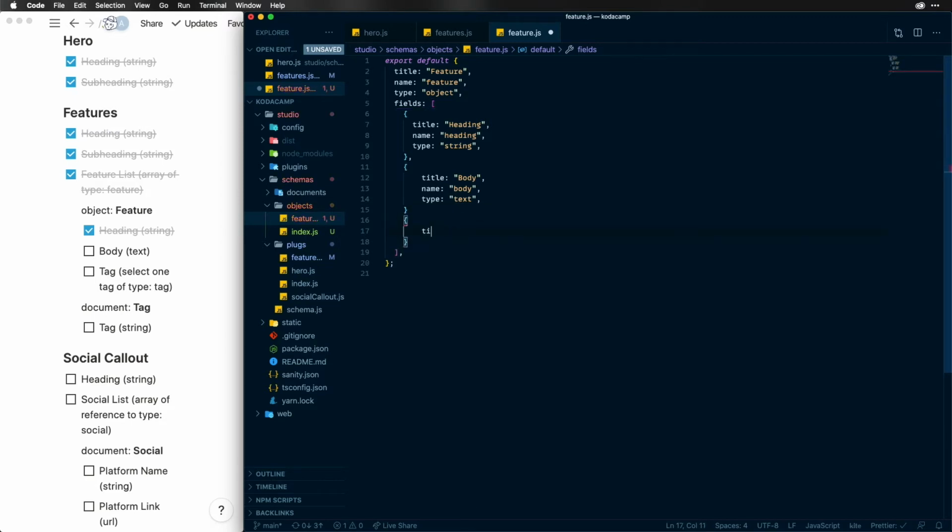And the next one we are going to have is a title, and that will be of tag. We will have a name, of tag, and of type. We are going to have a, how do we want to do this? I said select one of type, tag, and then we'll have a document for those tags managed elsewhere. But how do we want to do that? I think that we will say that this is a singular reference, and we will say that it is to the type